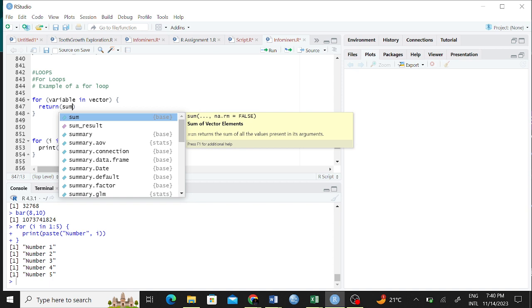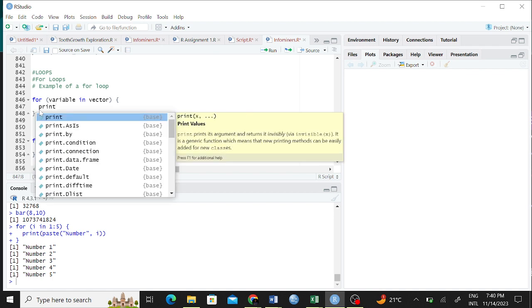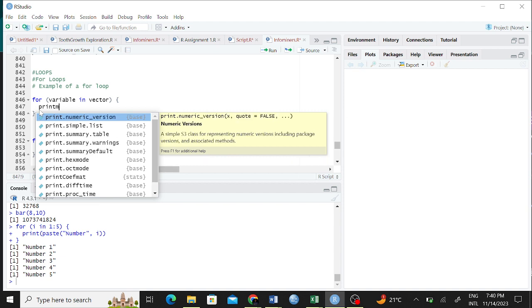I mean, like here you can declare so many things that you may want to be returned, right? Or you can say for every variable inside there, print something like your name against that value, right? You can even print paste, I mean to concat, and then maybe print something like your name and then that number.